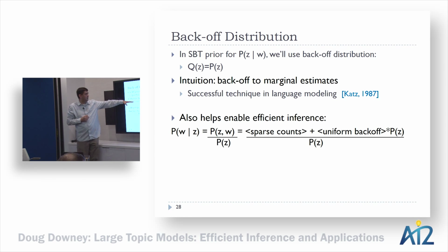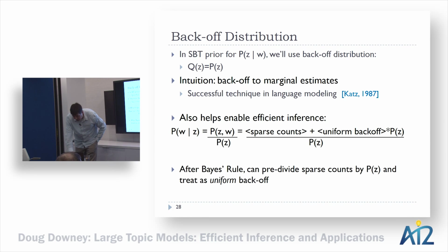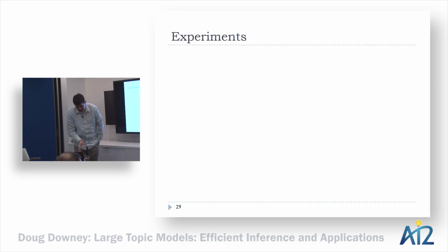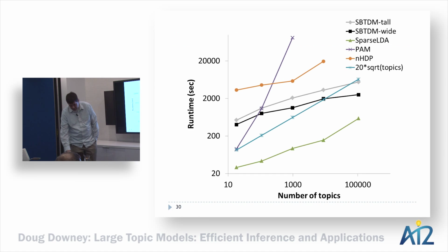The nice thing is that multiplying by the marginal probability might be a good thing to do anyway, right? This is something people have found in language modeling: if you don't back off uniformly, like a Dirichlet does, but you instead back off to some kind of marginal probability of the topic, or in language models, the probability of a word, like you estimate the probability of a trigram in terms of its constituent bigrams, that tends to be a pretty good idea anyway. That went by too quickly to really be understood, but I wanted you to know there is that trick under there, and we're using this back off to the marginal, and that seems to work well.